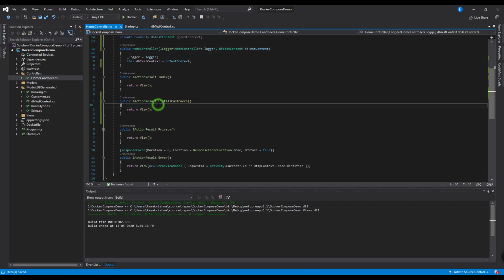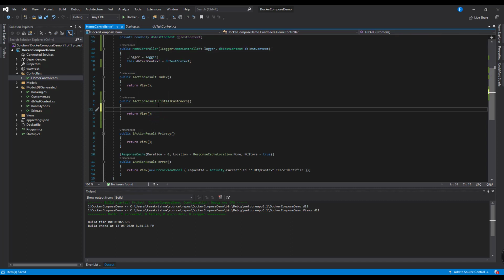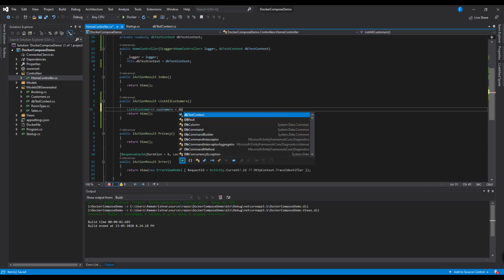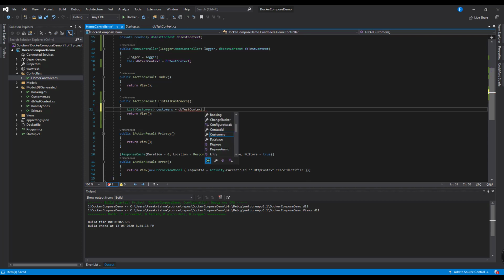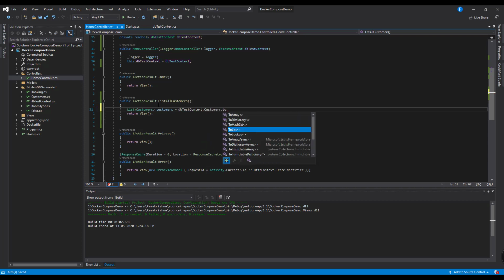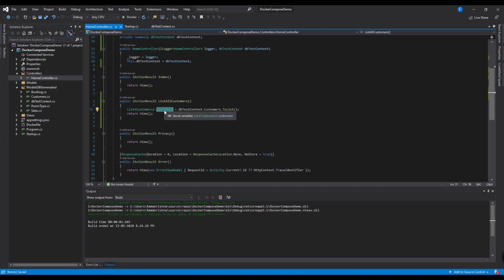We have initialized that. Now we need the list of customers from this db field. DbTest.Customers.ToList, and return this list of customers to the view.